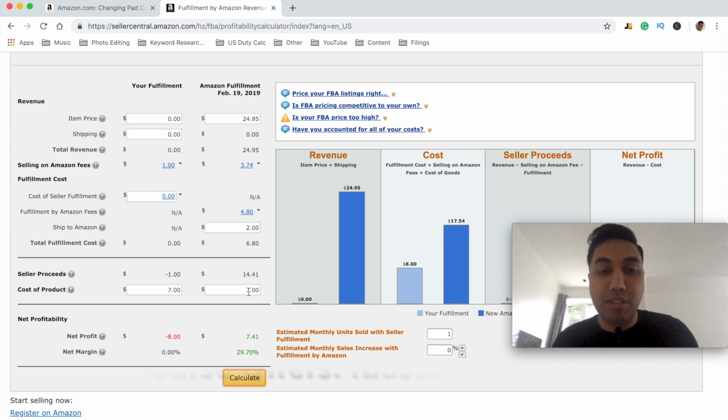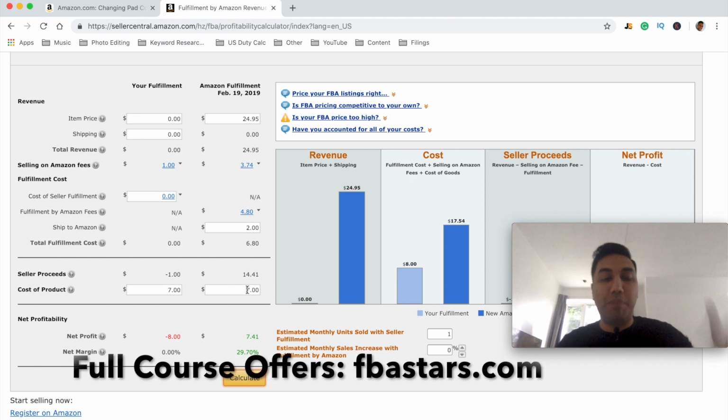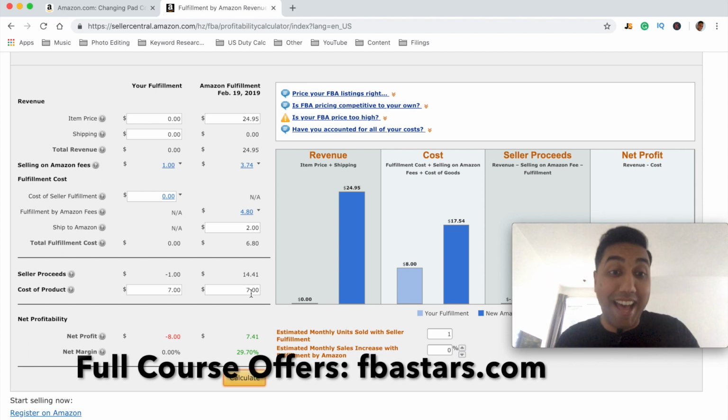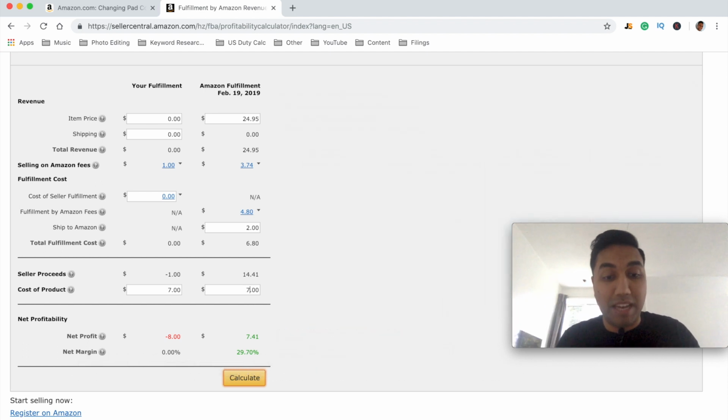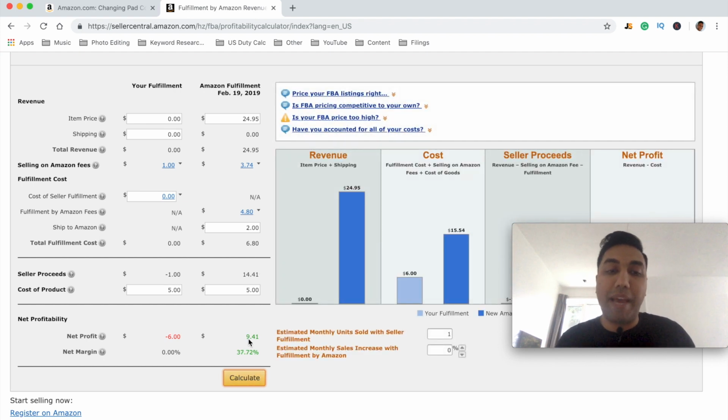Now, if you were able to reduce the cost of the product, that would be absolutely fantastic. Let's say we were able to drop it back down to $5 inclusive of the import taxes and the inspection, and then obviously the shipping is here. Now, the shipping could be less. We have no idea. We calculate that and it goes straight back to what we are ideally looking for. So if this is the scenario that I was looking at, I would want to know more about the product and I would want to make sure that this is the right product to go for